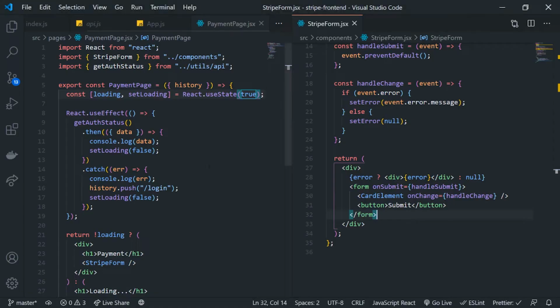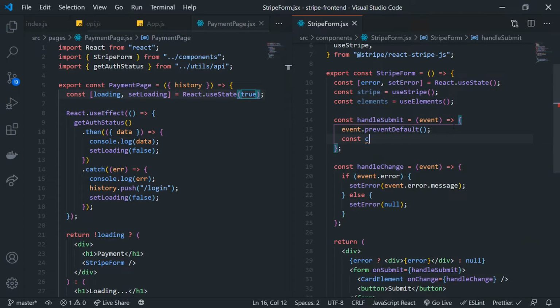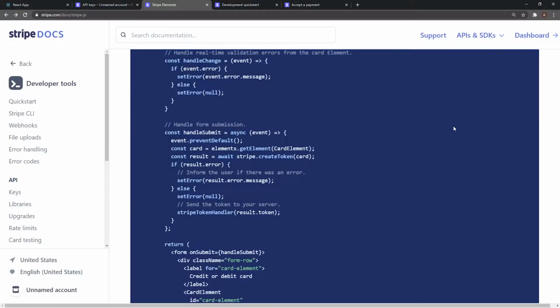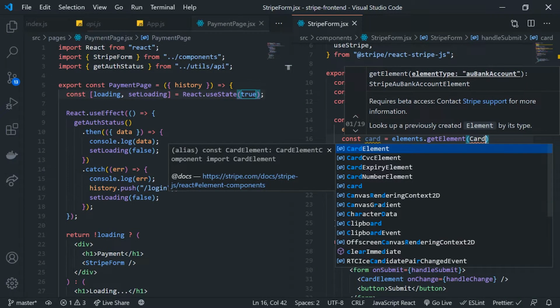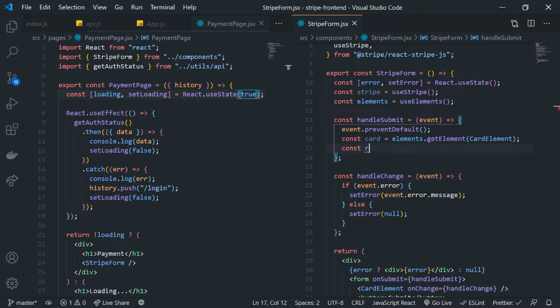Let's go over to handle submit. So let's get the card. And to do that, we'll do elements.getElement, and we want to pass in CardElement like that. And what we're going to do is const result equals